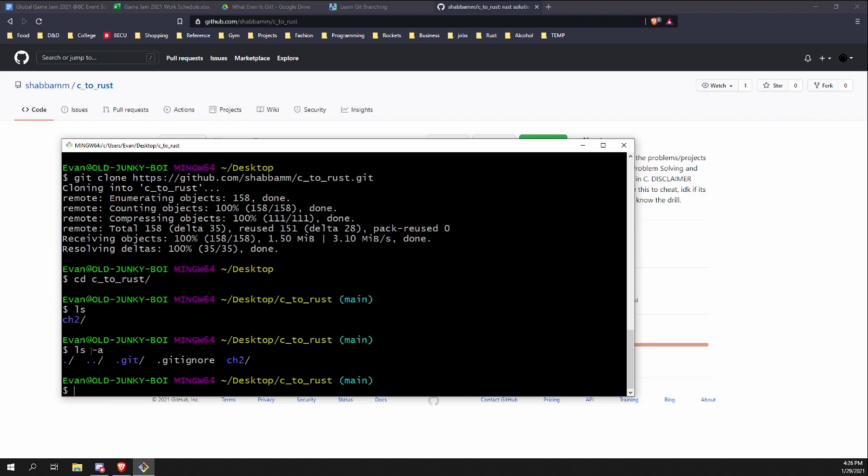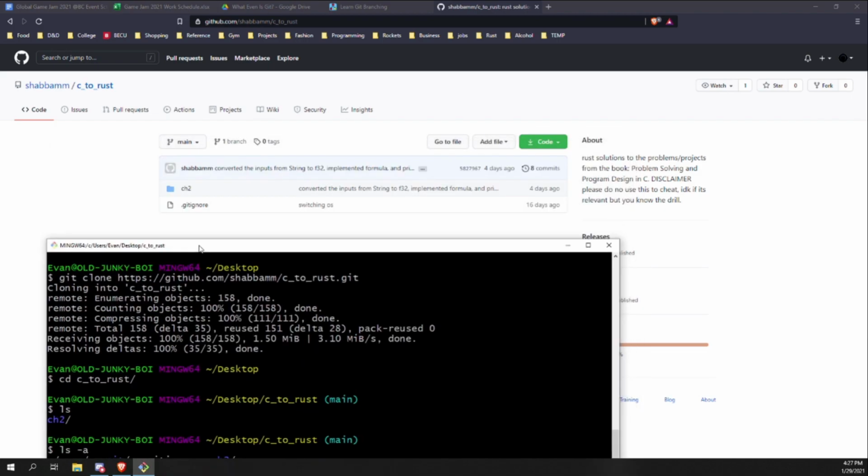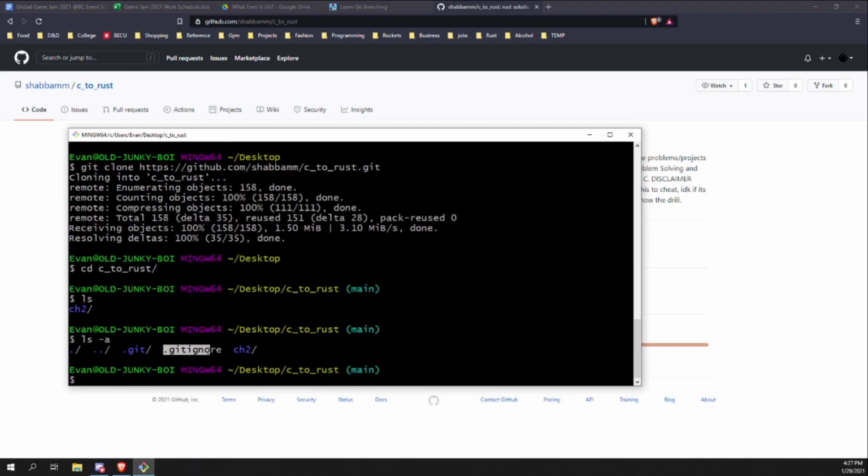And if I do ls, which in Bash and Linux and Mac terminal is just list everything. I think it's ls in PowerShell too, right? Yeah, so ls is just list everything. -a is list all, so including hidden stuff, which normally .git and .gitignore are hidden. .git is just the information that Git uses. Gitignore is the files that you might have in this directory that you don't necessarily want to commit to GitHub.